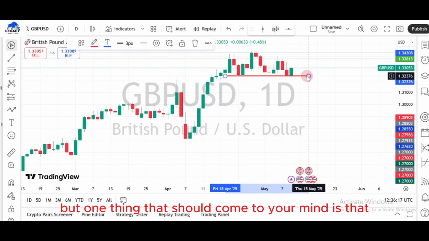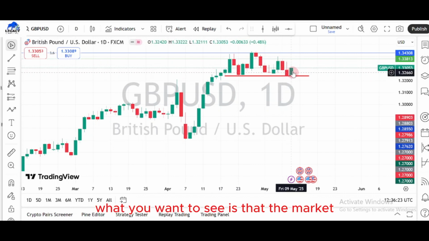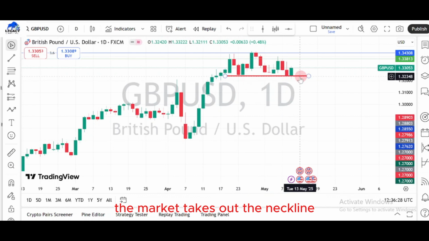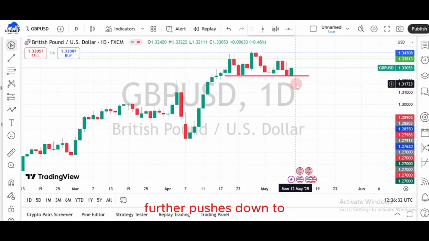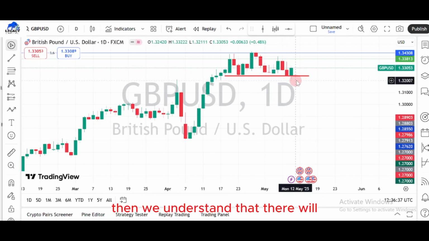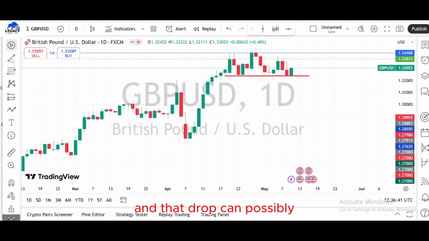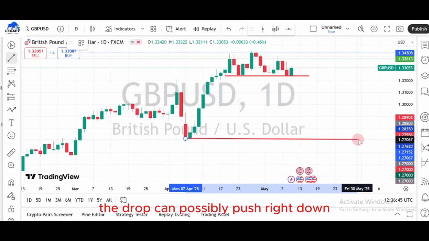But one thing that should come to your mind is that after the creation of a head and shoulders, what you want to see is that the market takes out the neckline. So this week our expectation is to see that the market further pushes down to take out the neckline. When the market takes out the neckline, then we understand that there will certainly be a drop in the market, and that drop can possibly, according to the daily time frame, push right down to the level of